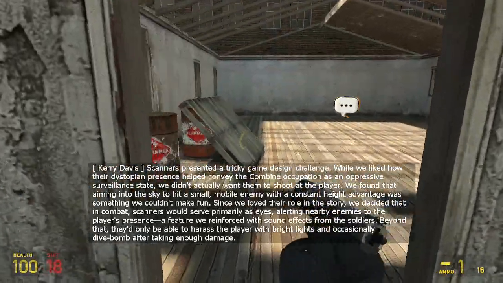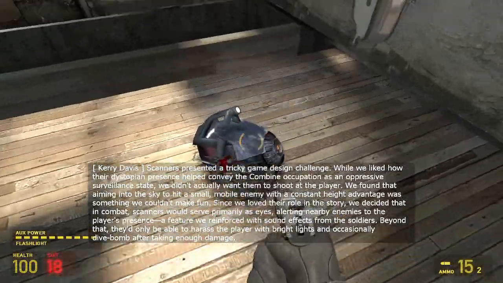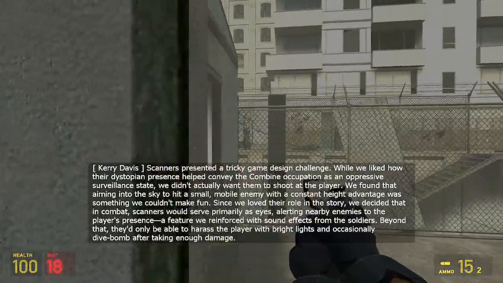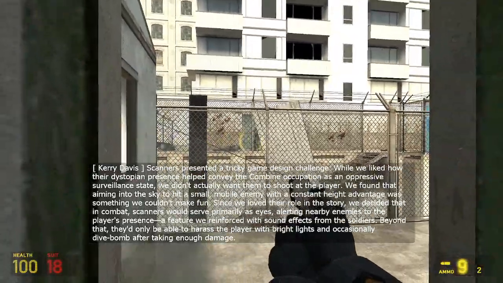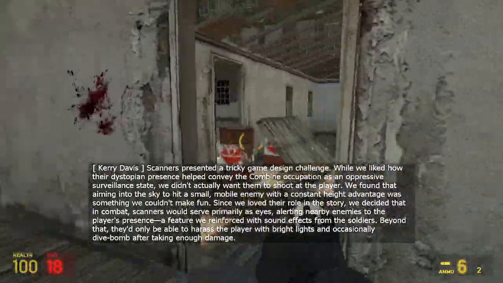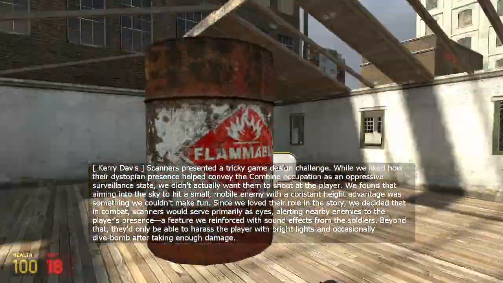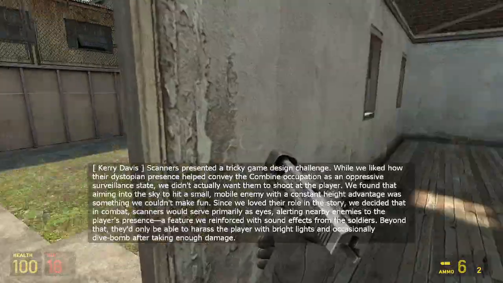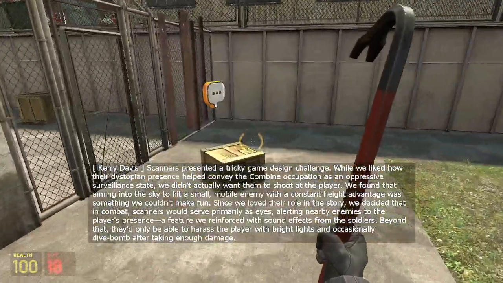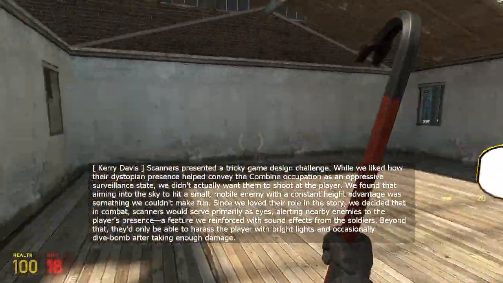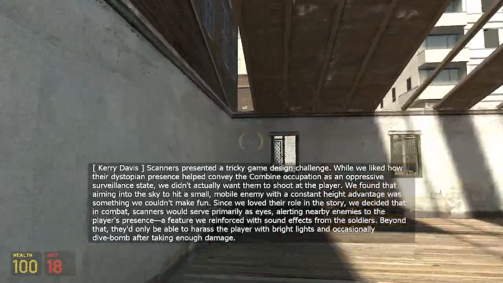Scanners. Scanners presented a tricky game design challenge. While we liked how their dystopian presence helped convey the Combine occupation as an oppressive surveillance state, we didn't actually want them to shoot at the player. We found that aiming into the sky to hit a small mobile enemy with a constant height advantage was something we couldn't make fun. Since we loved their role in the story, we decided that in combat, scanners would serve